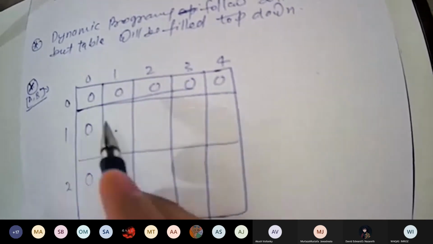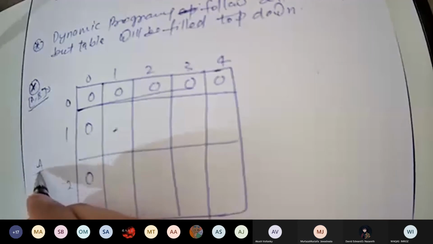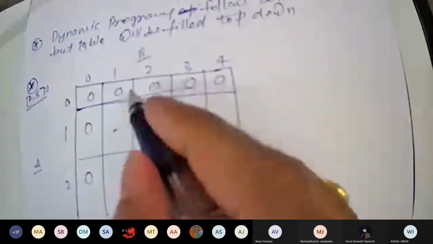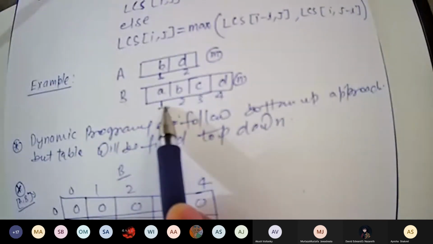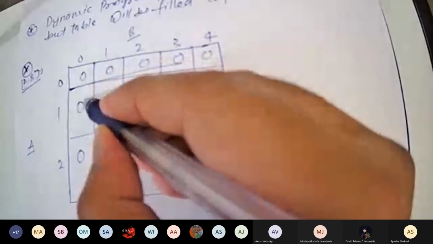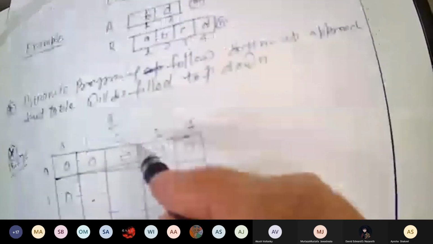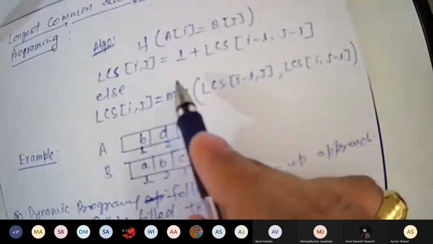If the value is not matching, so is it matching? What was the value of A1? A1 is B and B1 is A, so it's not matching. So whenever the value is not matching, you will see what we had written: max of.